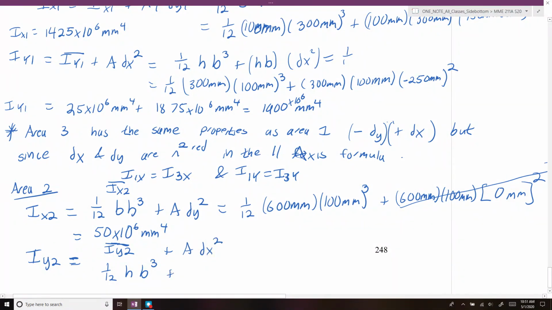Our area would just be equal to the height times the base, and then we'd have dx squared. If we plug in all those terms, we get 1/12 times 100 millimeters times 600 millimeters cubed,